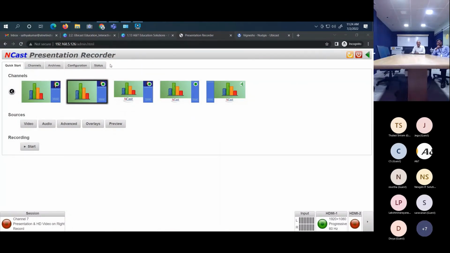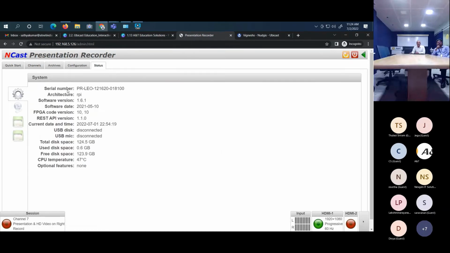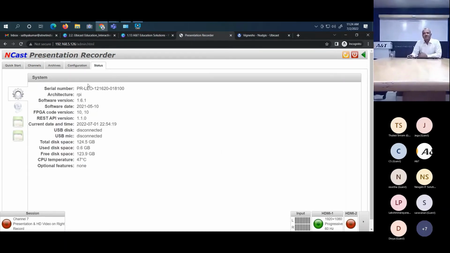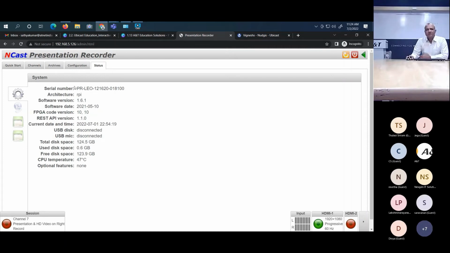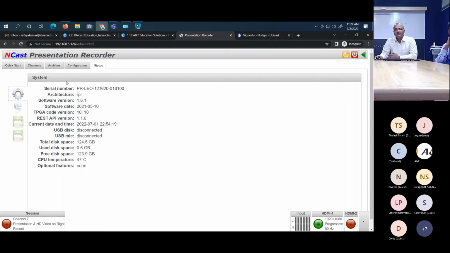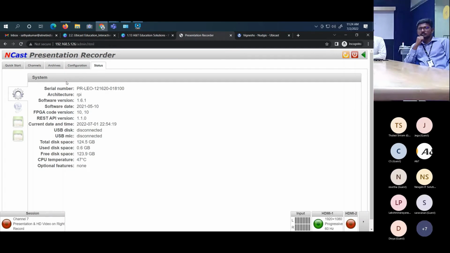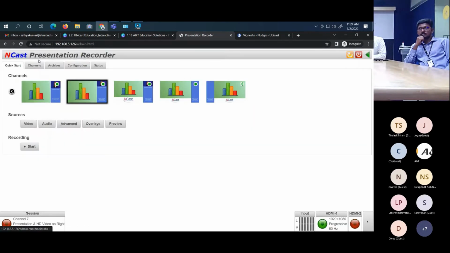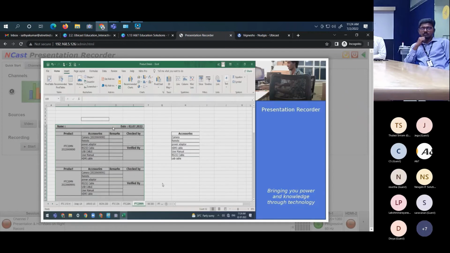The Ncast presentation recorder basic model, which is the PR Leo presentation recorder, has 2 HDMI inputs. So on one we can give a camera, and the other input could be the laptop or PC which the presenter uses in the classroom. So this device can be accessed through the IP network. Once the device comes through the network, you can see the inputs in the preview. So I have connected one video camera and my laptop to this device, and also we can create some